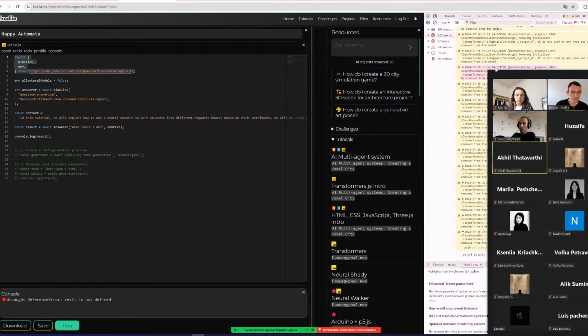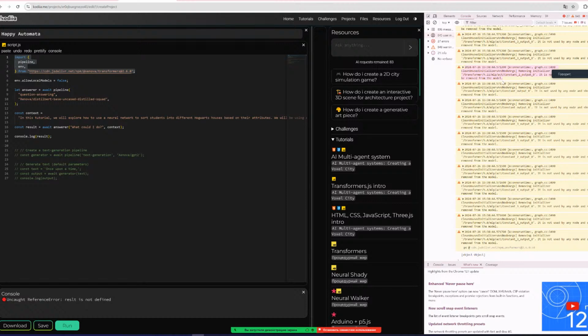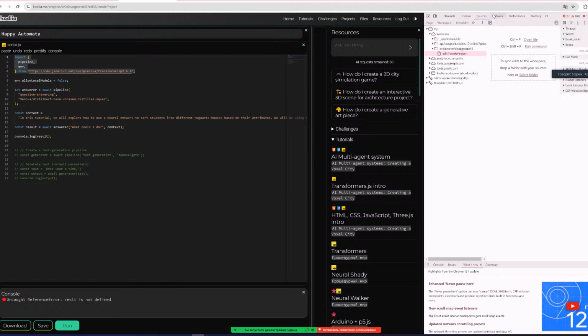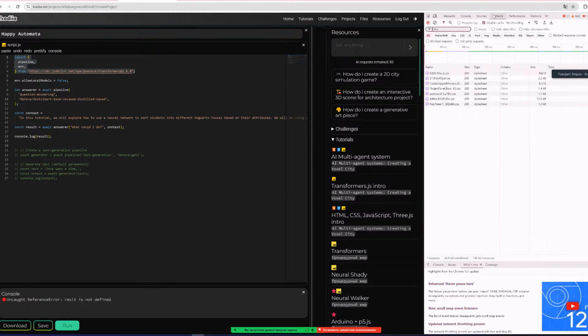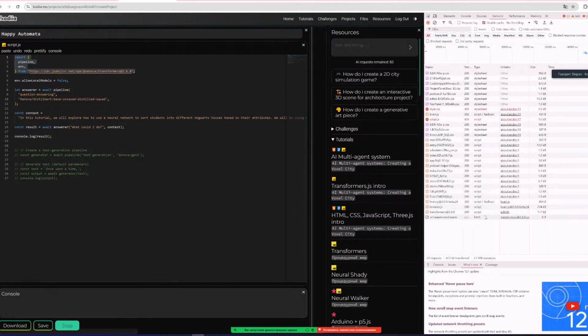Nope, all good. So you can also check for errors in this console tab here. There are also different tabs like network, for example, which records various resources. And for example, if you are downloading a model, let's try and hit run, you will see some network messages